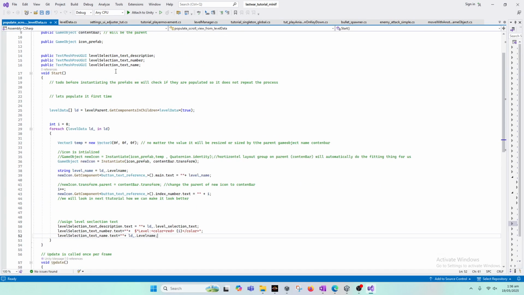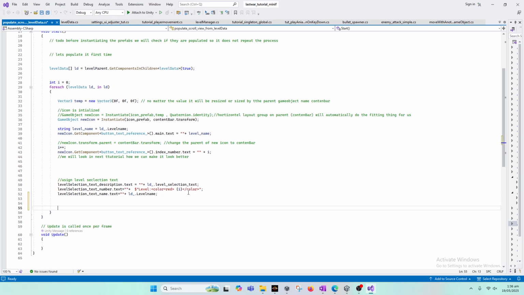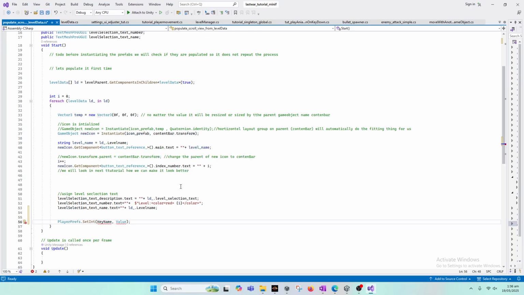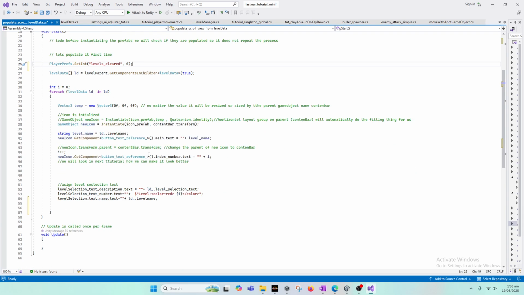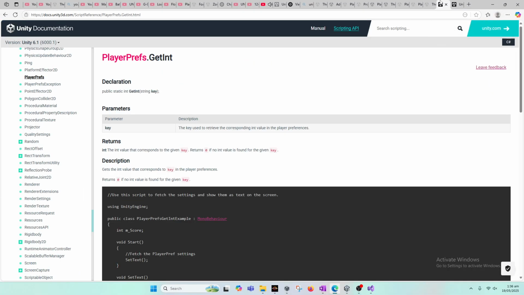So first thing we will do is inside our populate scroll thing, we can do this in the earlier start part. So if key name is, say, levels cleared, yeah, so put the 0 here. So now the levels cleared are 0, and then in the GetInt part,